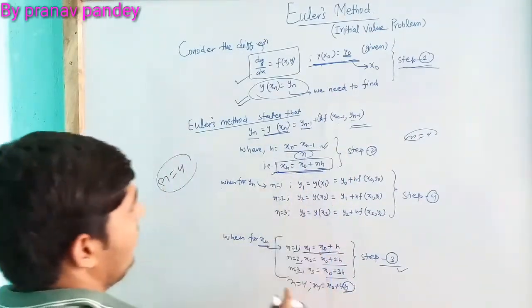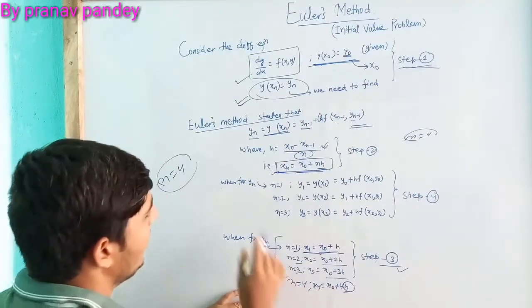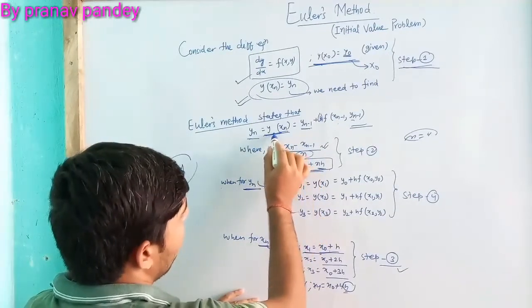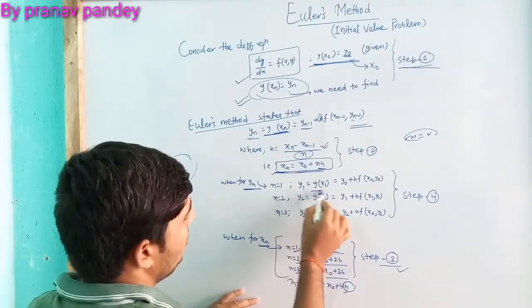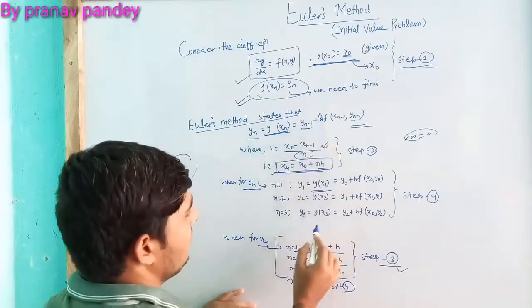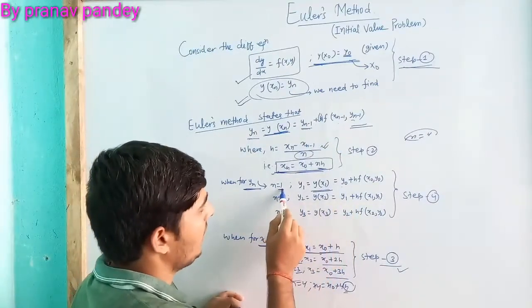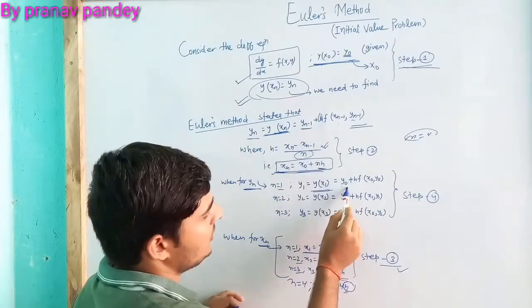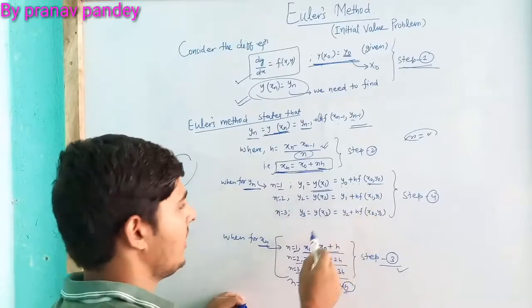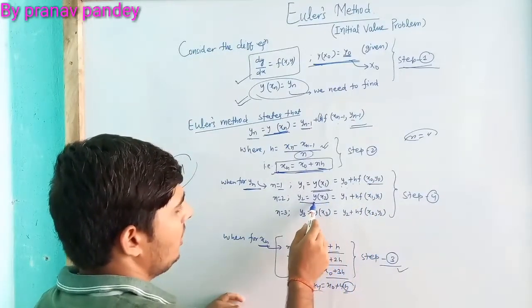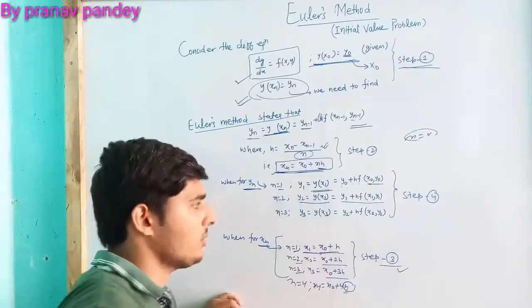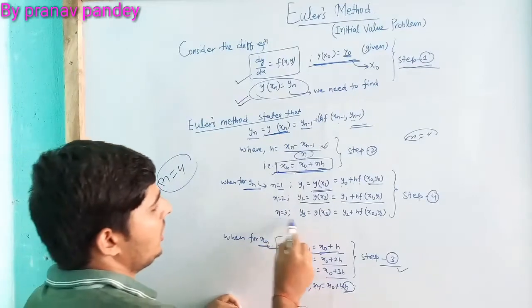And then we will calculate yn, and we know yn is equal to y of xn. So here y1 is equal to y of x1, which is equal to y of n minus 1, y of 0, plus hf of x naught, y naught. You can understand easily. And then for n is equal to 2, y2 is equal to y1 plus hf of x1 comma y1. Similarly for n is equal to 3, it is this.